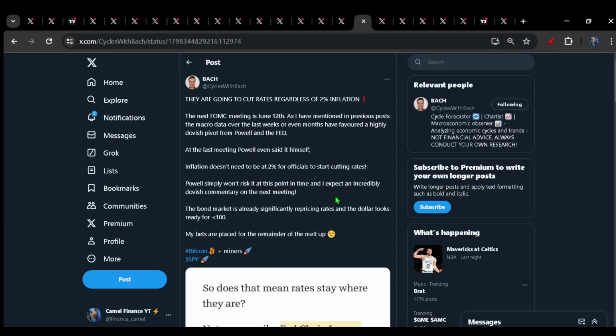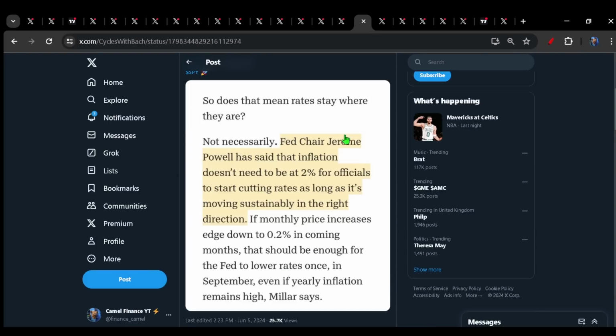Like I was saying, I'm still getting people reach out to me and say a hike is more likely than a cut. Just like I keep hearing, inflation is sticky and is no way going to be coming down. You're certainly never getting deflation. But the current macro environment does indeed favour cuts way sooner than most people are ready for. Powell even started to lay the groundwork at the last FOMC meeting, saying that inflation doesn't even need to be at 2% for officials to start cutting rates, so long as it is moving sustainably in the right direction. Again, this CPI print this week is going to be a very, very big one.